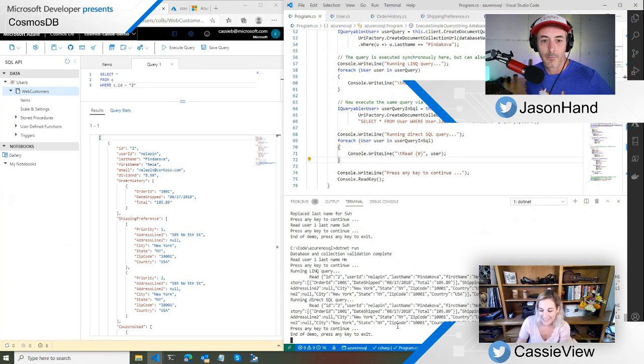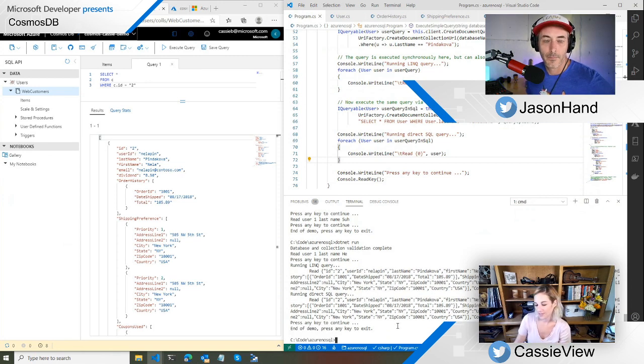So it's nice that you have the option to choose which way you want to query the database. Totally. Like if you're someone that likes LINQ and hates writing SQL, you can do that. And if you're someone that prefers SQL, then you can do that too. Because YOLO, because you can do YOLO DB.